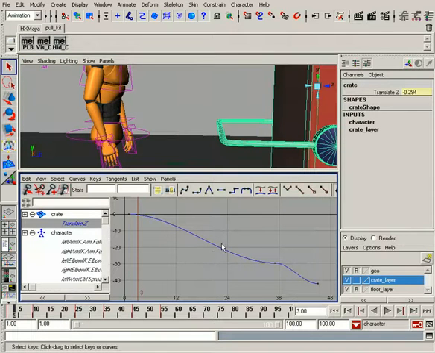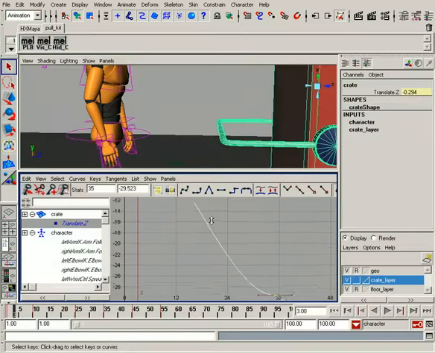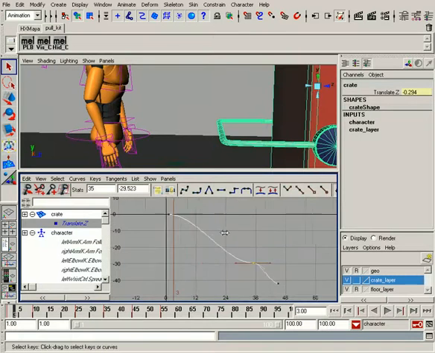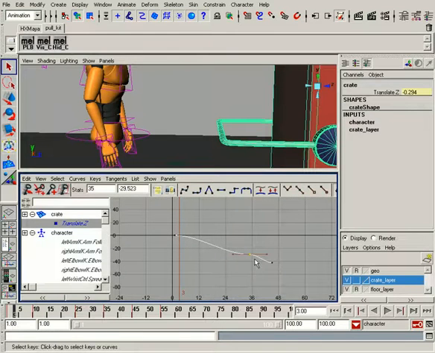And just FYI, if you ever wanted to see a better detailed view of your F curve, rather than selecting the key, for example, and hitting F to frame the key, what you can do is hold Alt, Shift, and right mouse button and click and drag either up and down, and watch what that does. It actually squashes and stretches the view of the F curve vertically. And if you want to do the same horizontally, you just hold Alt, Shift, and right mouse button and click and drag left and right. Okay, so this could really come in handy for wanting to see a better detailed view of the F